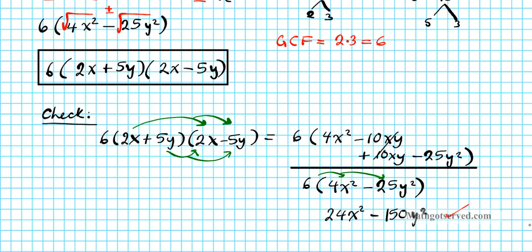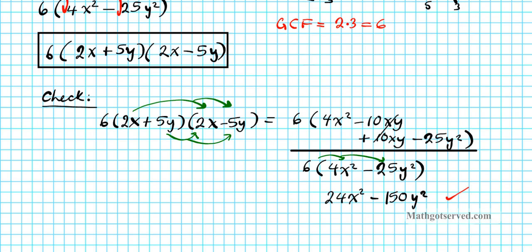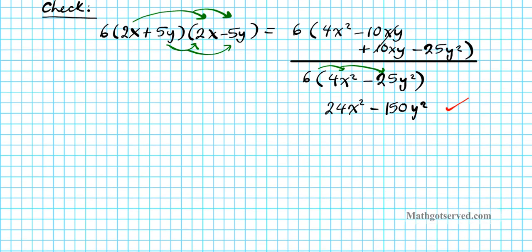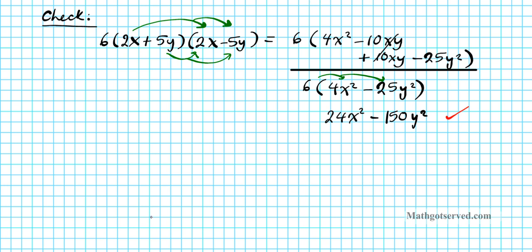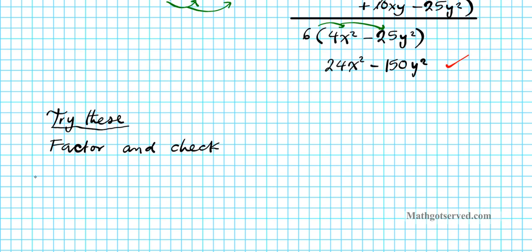So I'd like you to try out the following problems, and then you can post your answers in the comment section below this video to let me know what you got so I can see if you've mastered it or not. Okay, so I'd like you to try these problems. The instructions are to factor and check, just like we just did with these problems over here. Now for number 1, you're going to do z squared minus 49. For number 2